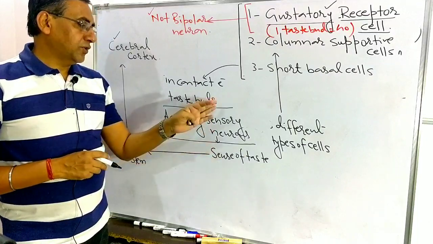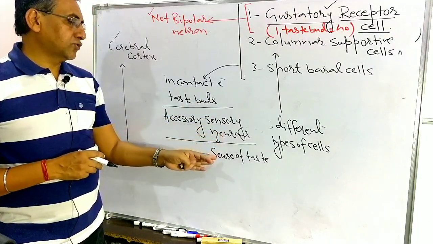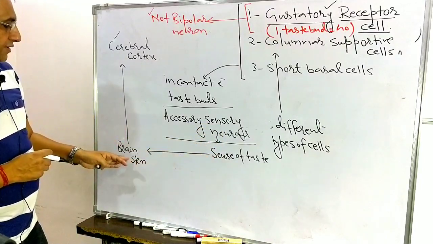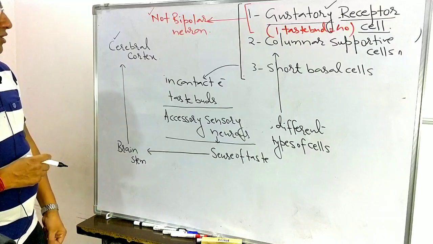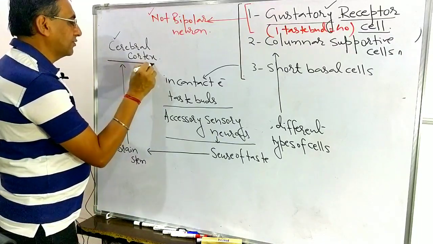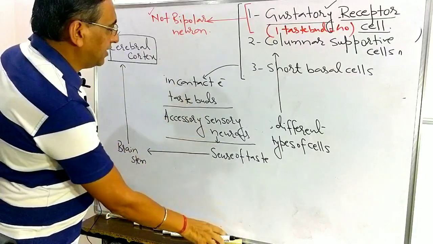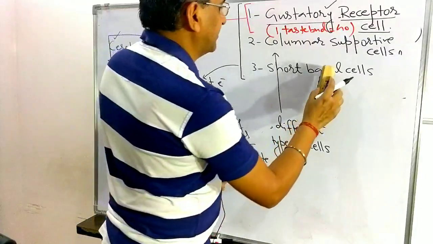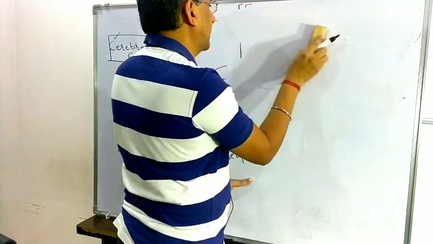Here, just see who is collecting the sense of olfaction, sense of taste, that is the sensory neurons here, and they are sending the taste impulse up to the brain stem, then it is going up to the cerebral cortex, and the brain is analyzing what type of taste the person is getting here. So this is how gustation, the sense of taste, is moving up to the brain.